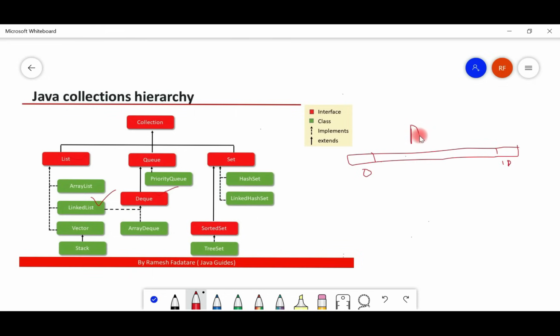So this is the array list. ArrayList internally uses an array, right? And we have a linked list. LinkedList internally uses a doubly linked list, right? And a doubly linked list contains a collection of nodes, and each node consists of three parts,